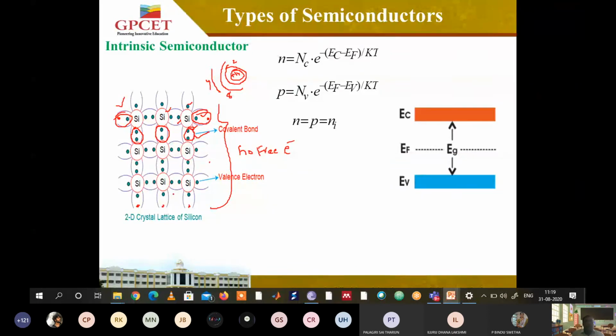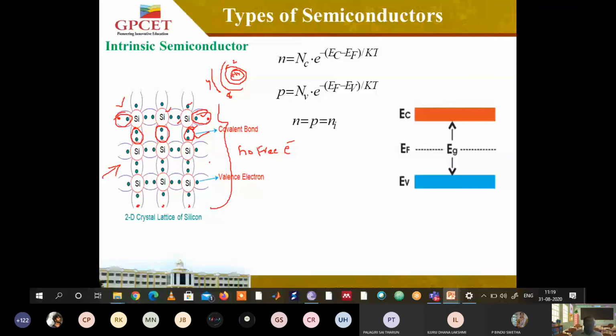Now, if I give certain external energy, does an electron present in a silicon atom come outside? No, because the electrons are strongly attracted towards the nucleus. Why? How many orbits are there in silicon? Only 3 orbits. What is the attraction force of the orbitals towards the nucleus? It is very, very large.